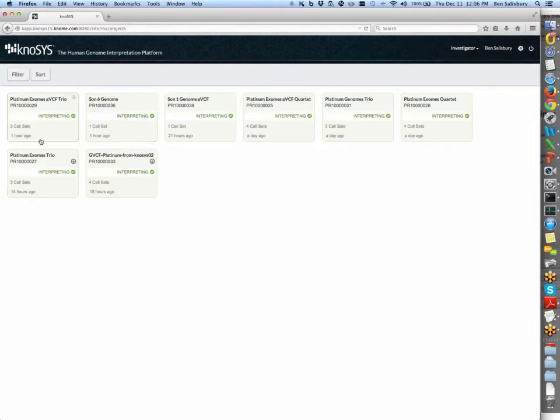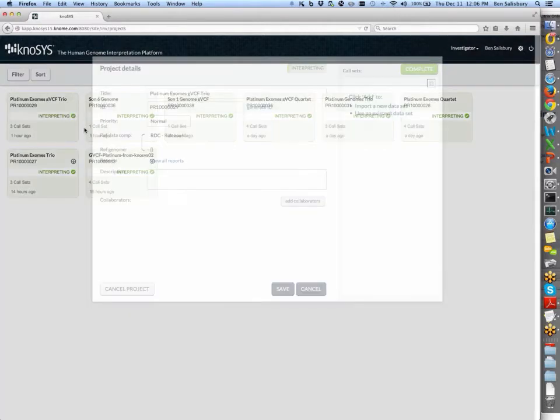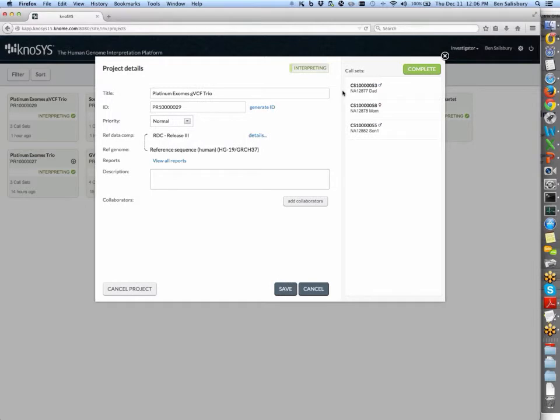I'm going to focus in on a couple of projects here. A project is a set of annotated sequences or call sets. This first one, this platinum exomes trio, includes a son, mother, and father. This is one of the Ceph families collected in Utah many years ago.